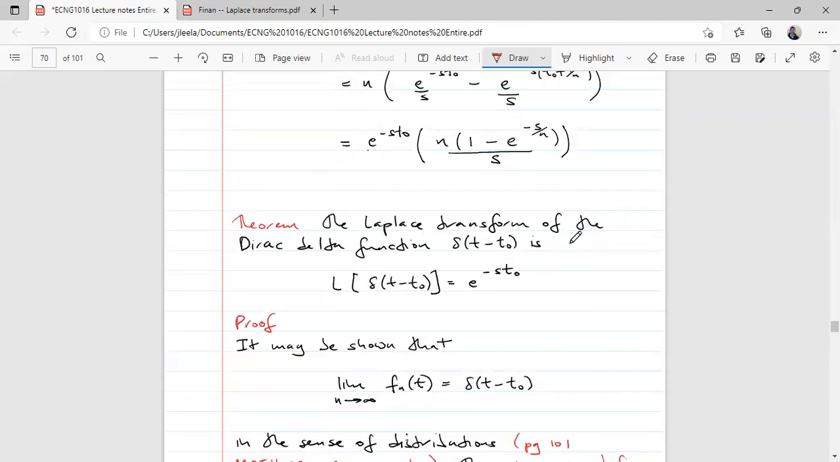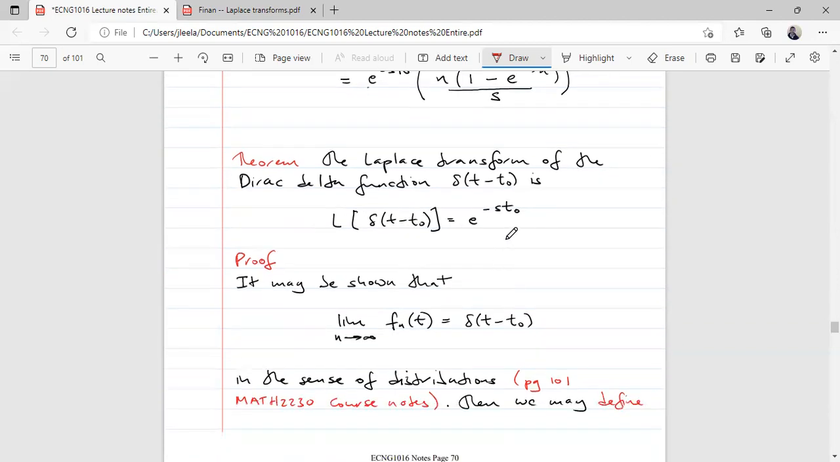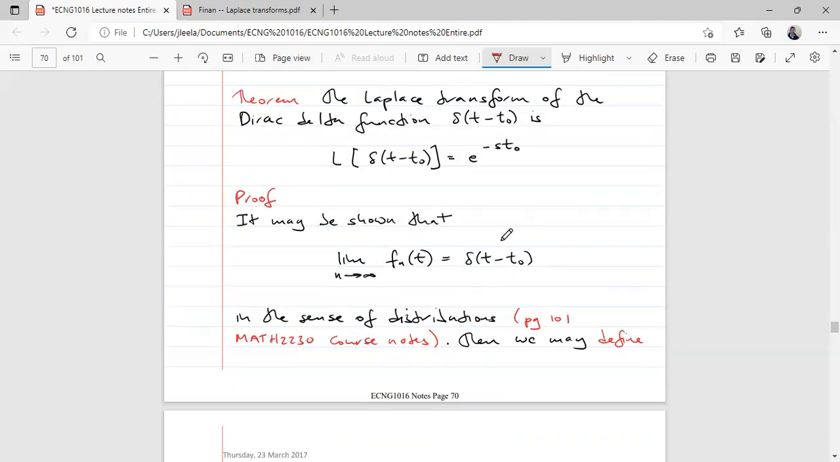The Laplace transform, so this is the theorem here of the Dirac delta function. The Laplace of the Dirac delta function delta(t minus t0) is e to the minus s t0, right? So that is the Laplace of the Dirac delta function. So look at it carefully there. So this here is just a proof of it,